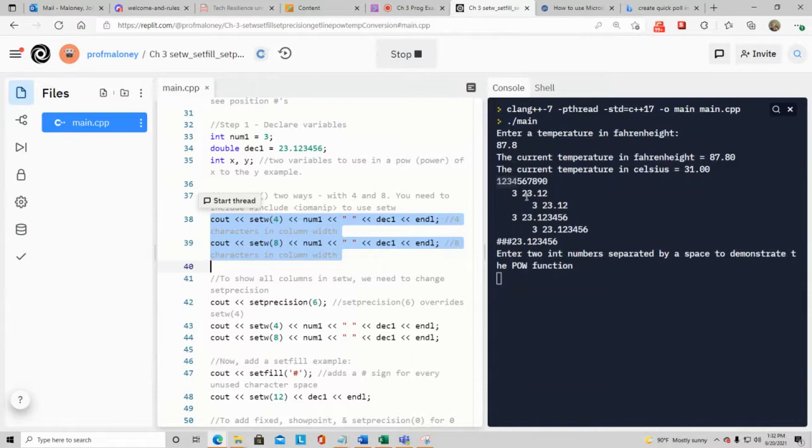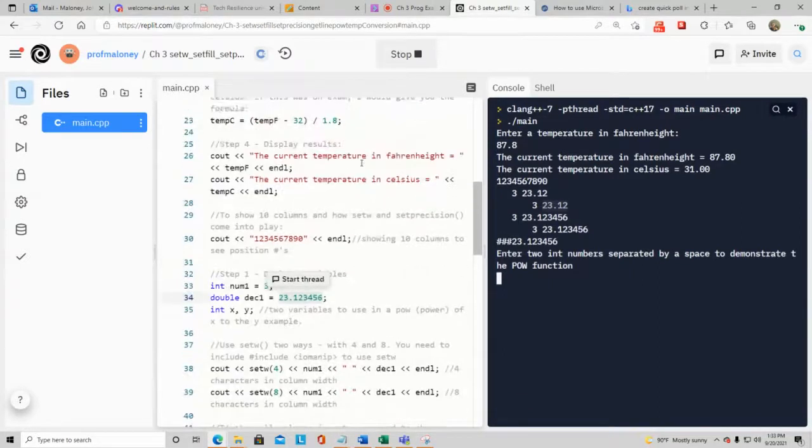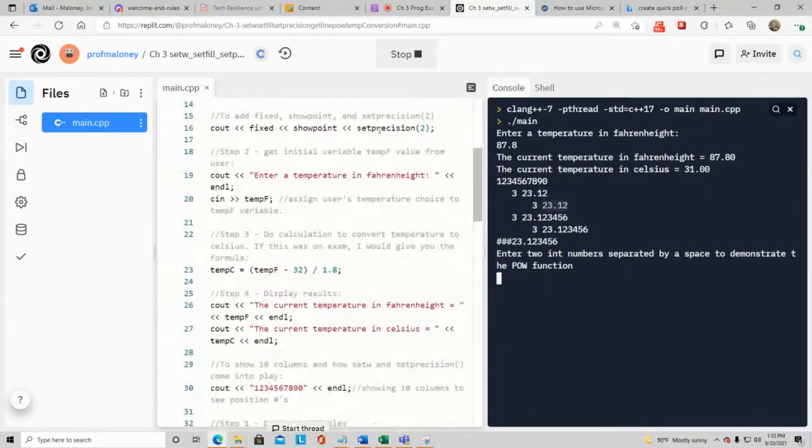But now, this is the part I want you to look at, and I'm doing it 2 different ways, and I'll walk through both. But this is first 23.12. Why is it 23.12? Look at the number. It's not 23.12. It's 23.12345.6. That's a huge difference, okay? But you know why it's 23.12. It's because of our cout set precision 2 way up on